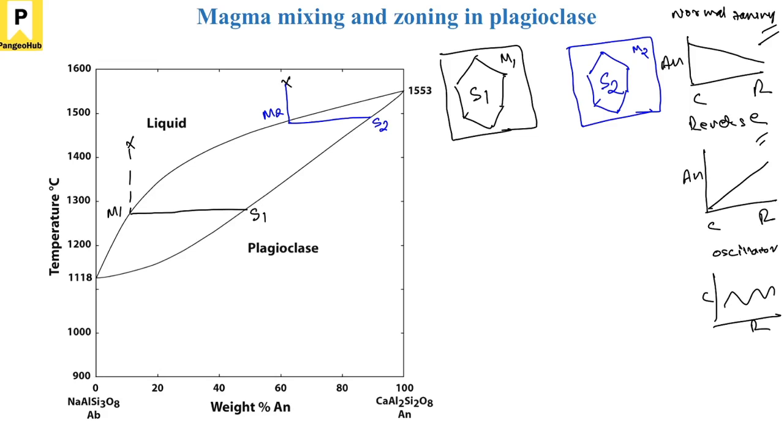That's what magma mixing really is, right? You mix two magmas. If I mix these two magmas, the resultant magma composition, the mixture of the two magmas, will lie somewhere on the line joining these two. So this is the mixing line. Let's say the resultant magma lies here. This is MM, the mixed magma. You see this is super cold, so it will try to attain this equilibrium curve here. To attain this, it will crystallize a solid which is SM. So with the mixed magma MM, the solid in equilibrium is SM.